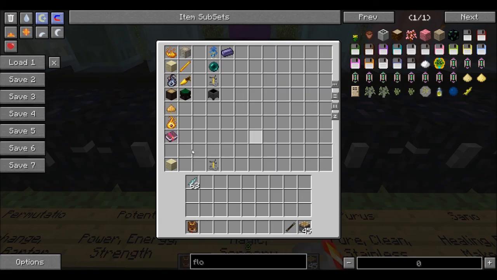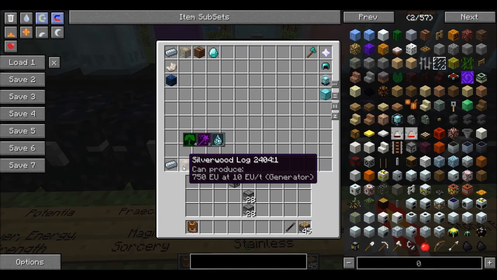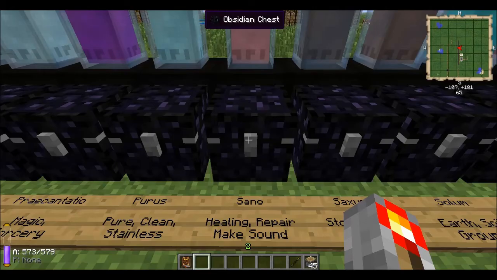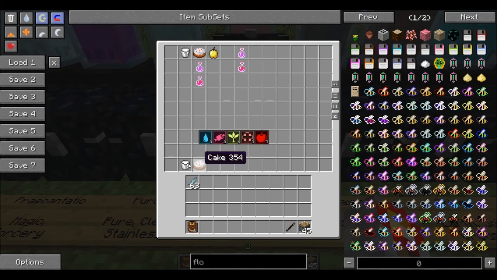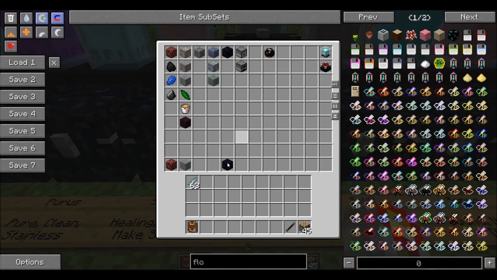Parencantatio is things that are magic, so you probably want to get chiseled sandstone, which is inexpensive, or brewing stand. Pures are in things that are pure, so you should use refined iron and silver. Sano is things that heal, so you're probably going to get some cake or just some milk, but you lose the bucket. Saxma is things that are stones, so you're probably going to use obsidian or regular stone